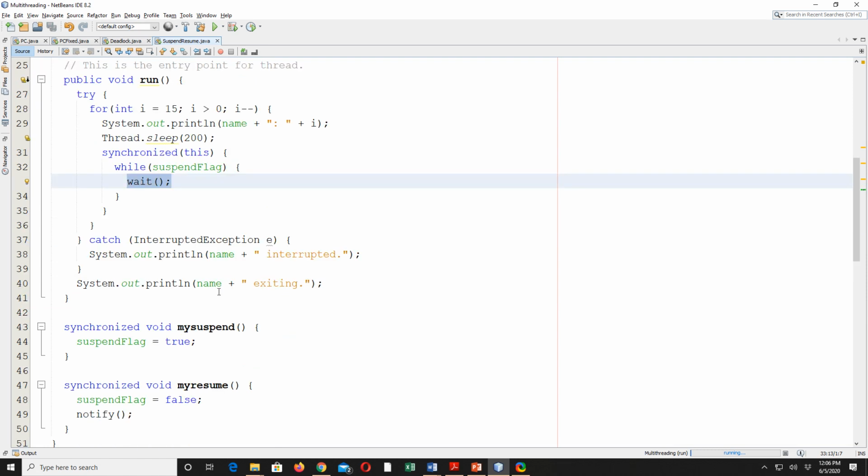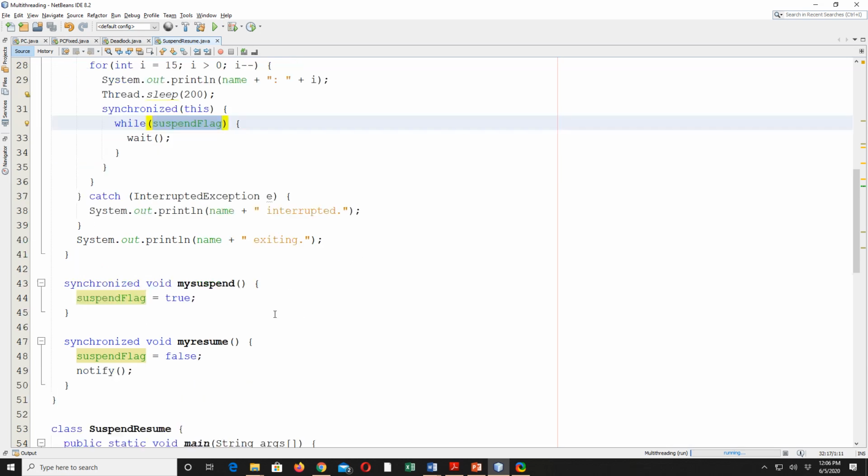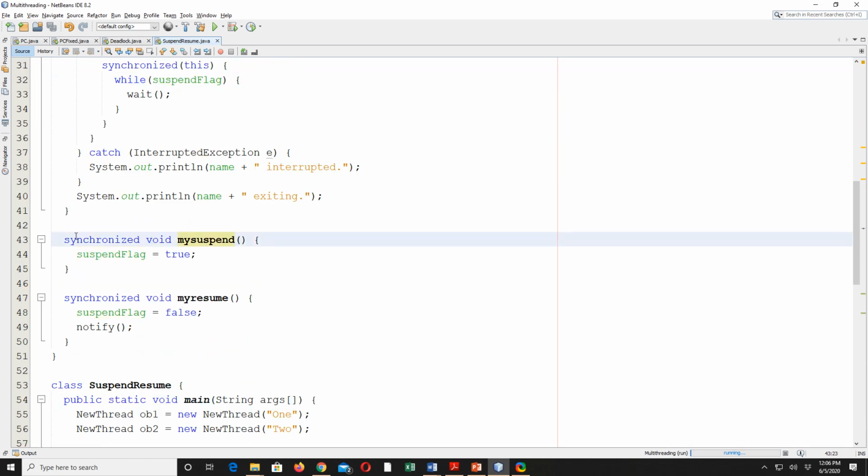Obviously this is checked continuously, which means that as soon as the suspend flag is turned false, this wait will not be called. Then you can see here I say synchronized my suspend.